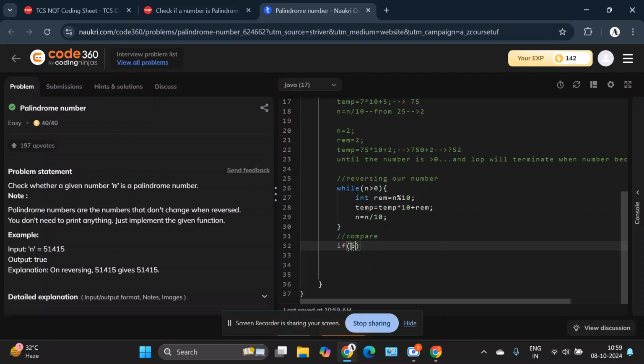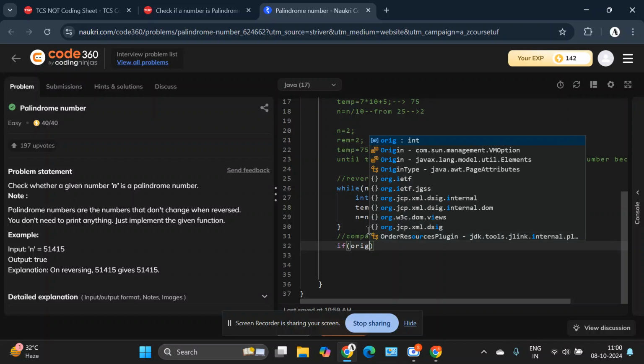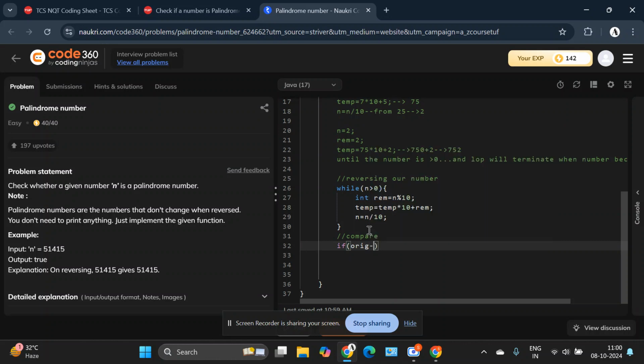So we will compare: if temp, which is our variable containing the reverse number, equals original, we would simply